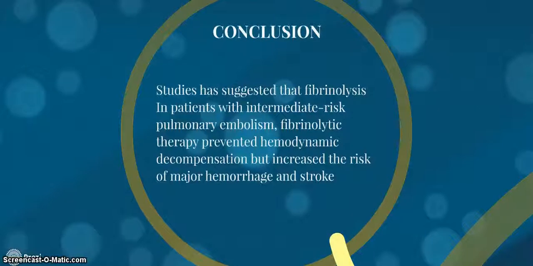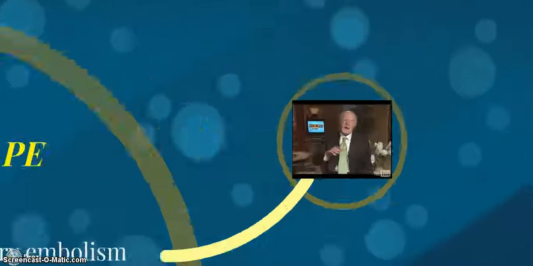Many studies have suggested that in patients with intermediate risk of pulmonary embolism, fibrinolytic therapy prevented hemodynamic decompensation but increases the risk of major hemorrhage and stroke. Here's a video of